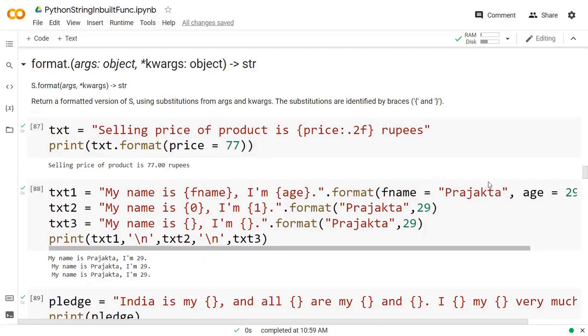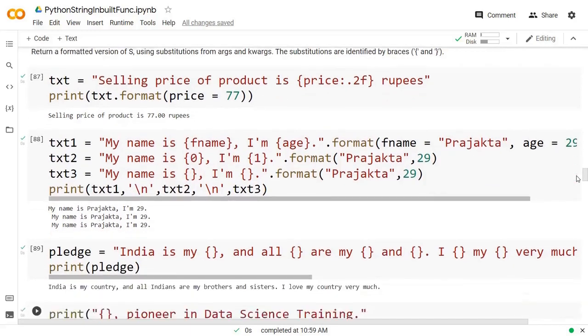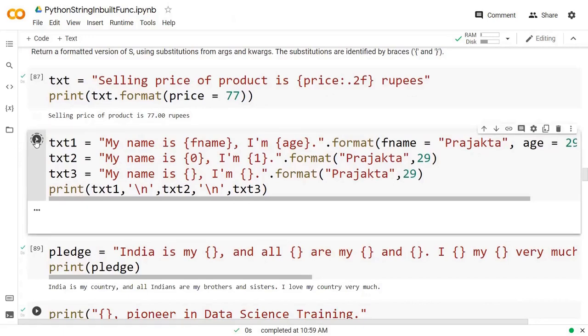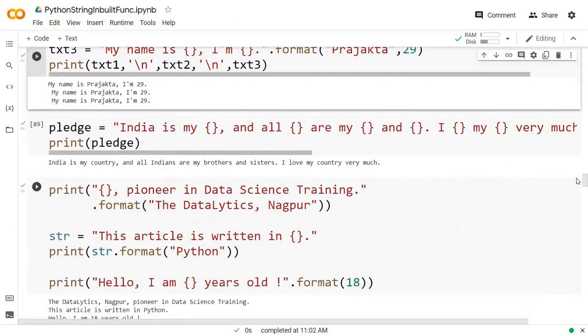So my name is, then we are taking curly braces right here, and name and other things. Okay, now you can see that when I run this one, I'm getting the following output. Okay, so my output is, my name is Prajakta, I am 29. So this particular string with all the different formats is displayed right here.